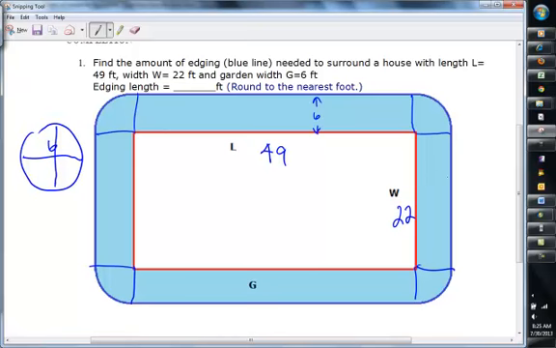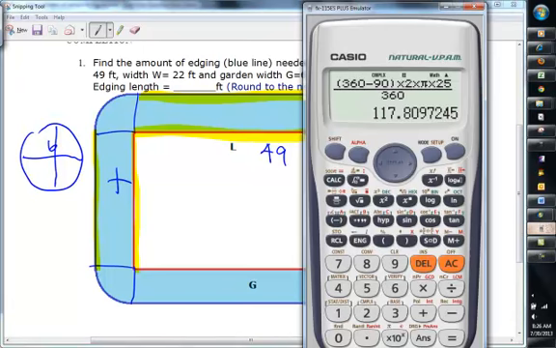The length of the house is actually just this blue line, the same length as the red line there. So the red matches the blue all the way around. So what we've got is a circle plus the rectangle. On our calculator, we would take 2 times 49, plus 2 times 22. That's the straight parts of the garden edging, plus pi,